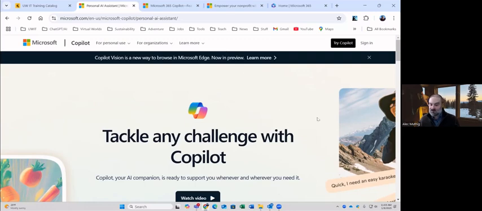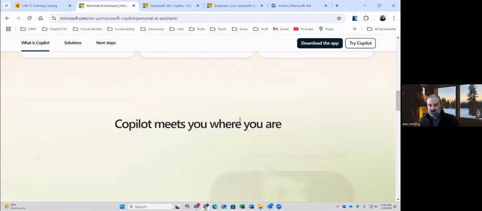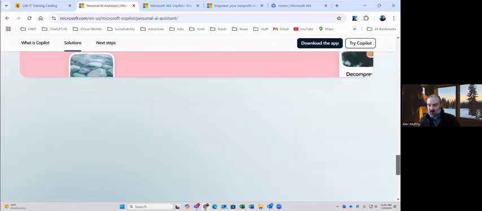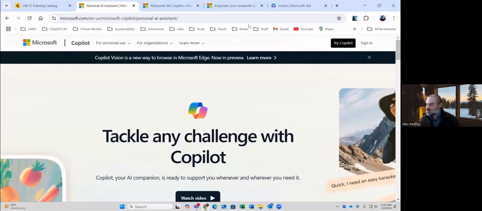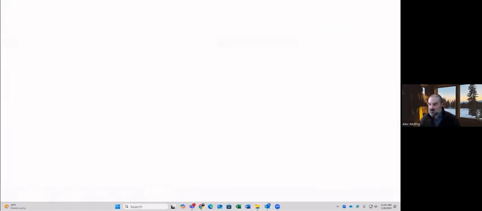Now, there are a lot of different versions, and I can send these links to you later. I can give them to Laura if she'd like, because this is basically going to go over this page here. We'll go over what Copilot is, some of the things you can do with it, how to get it, all of that, which of course, I don't have time to cover all of that. But I have another one here that is specifically for Microsoft 365. So I want to talk about the 3 different versions of this artificial intelligence first, because it's really confusing, I think, for most people to find the version that they need.